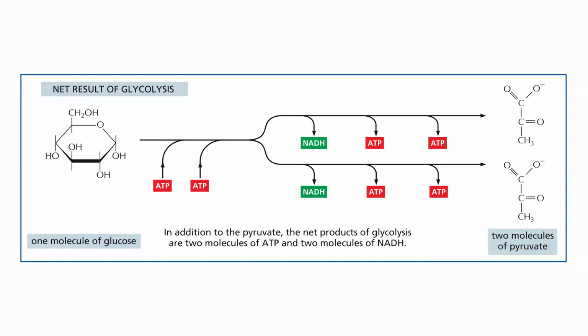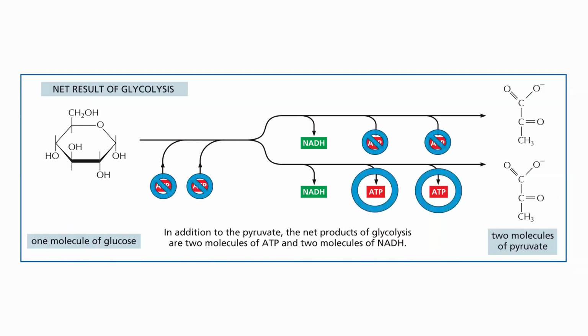So again, in a nutshell, the 10 steps of glycolysis allow us to make 2 ATPs net. We burn 2 ATPs, one in step 1 and one in step 3, but we make 4 ATPs because as soon as we split fructose 1,6-bisphosphate into 2 molecules of GAP, we're processing those 2 molecules of GAP in parallel, and we make 2 molecules of ATP from each of them. So these 2 ATP molecules basically cancel out the investment that we made in step 1 and step 3, and then the other 2 ATPs are profit.